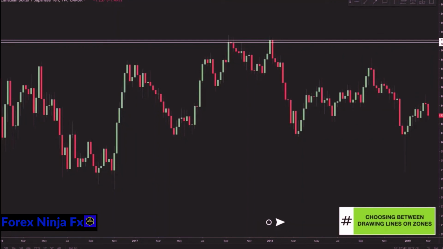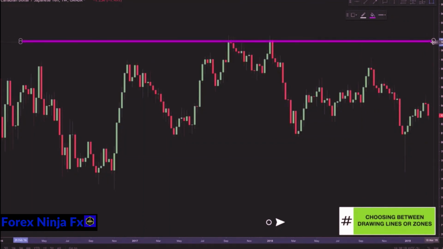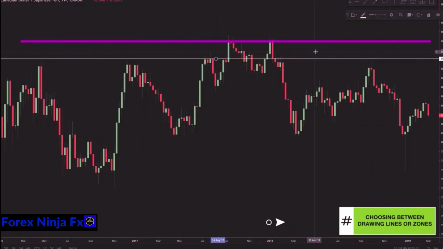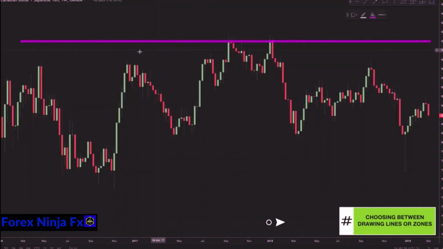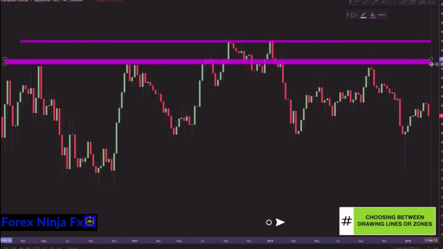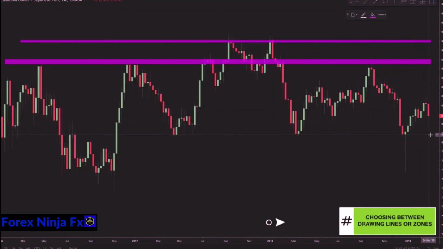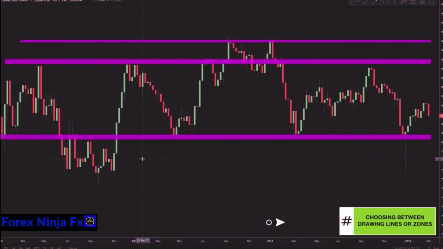Again, we prefer drawing zones, so we would do it like this. Moving on down, you have this next level here, and again, you draw in lines like this. Or, again, create a zone like this. Next, you spot these rejections here. Again, we choose the zone. And finally, at the bottom,